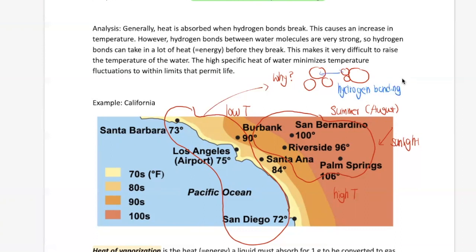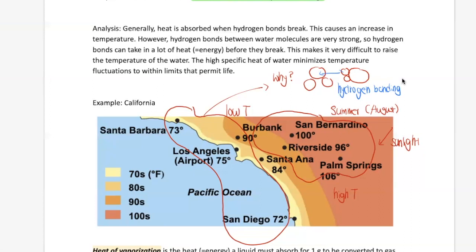And this strong hydrogen bonding will be absorbing energy. It will keep absorbing energy when given, let's say, sunlight or a source of energy or heat, okay? So it keeps absorbing that energy, making water itself very resistant to temperature changes due to hydrogen bonds. So it essentially takes a lot of energy to break this hydrogen bonding because the hydrogen bonding keeps absorbing that